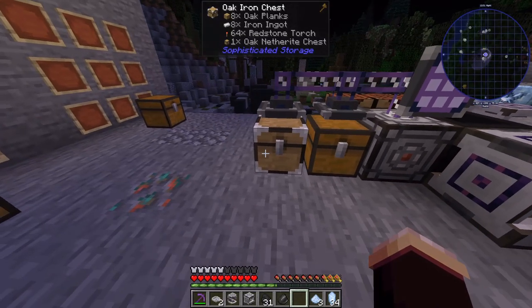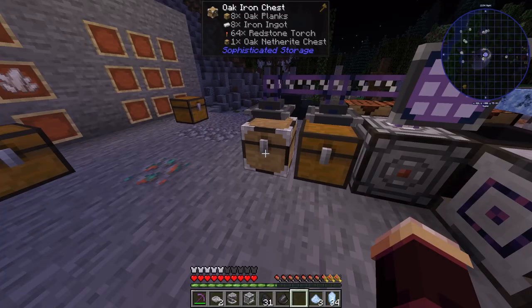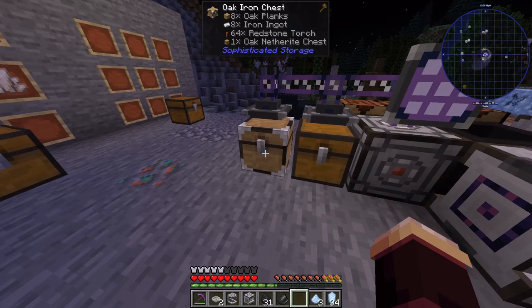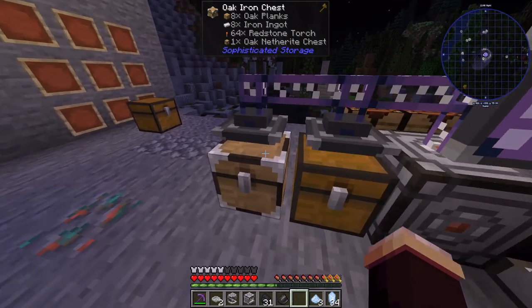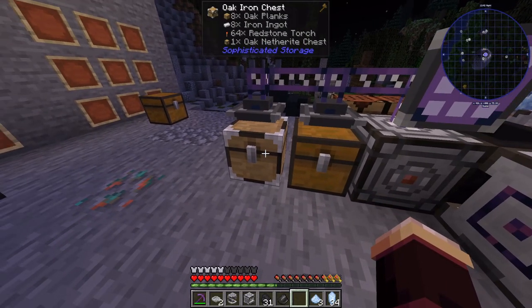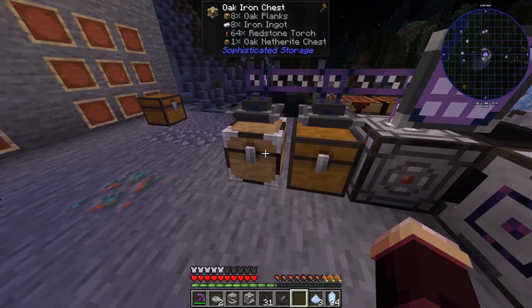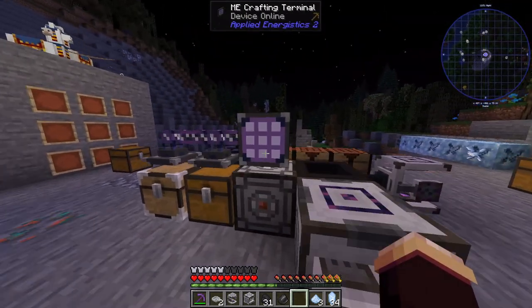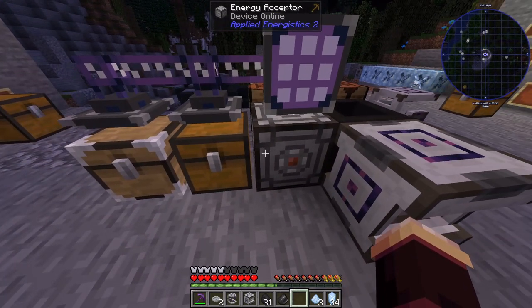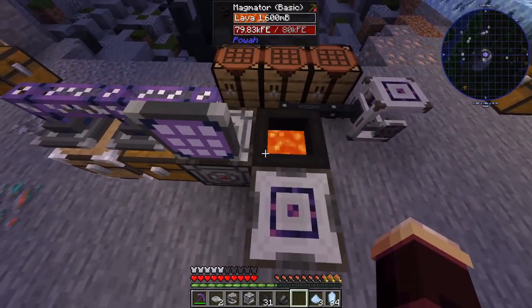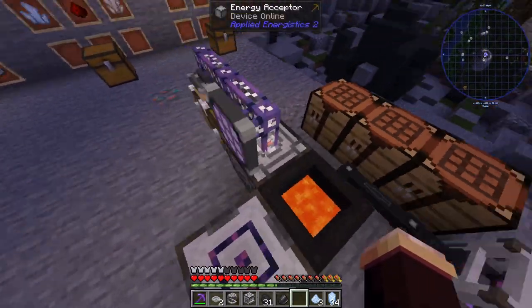And it's a tier list, so it goes oak, iron, I think gold, and then diamond and then netherite, but it's kind of hard to get the netherite one. It's best to probably just go as high as with diamonds because they're kind of available. But anyway, once you have this set up,